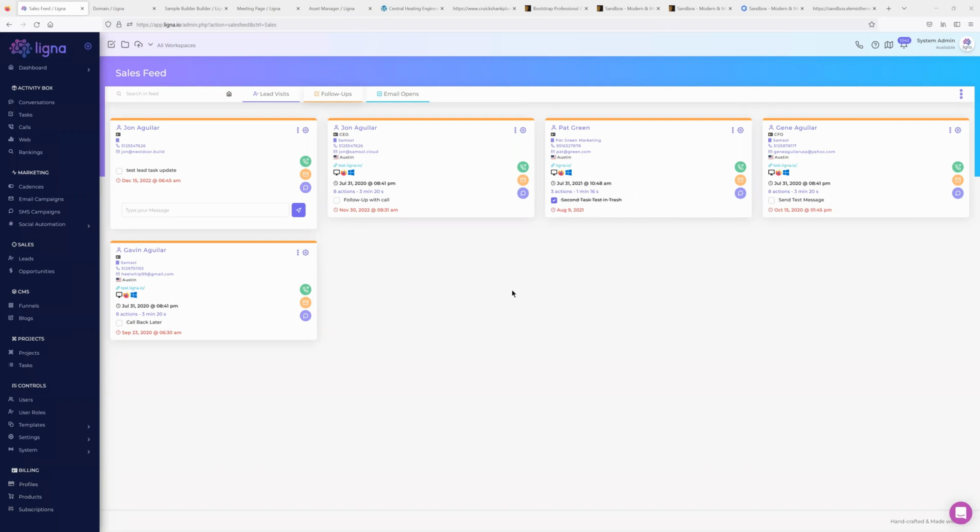Anybody have anything else? What does Ligna stand for? It's not Ligma, by the way. I know I got a lot of crap for that. I didn't even know what Ligma was until I asked my son, who evidently, if you play Fortnite, you know exactly what that is. But Ligna is the Latin word for timber, which I used to have